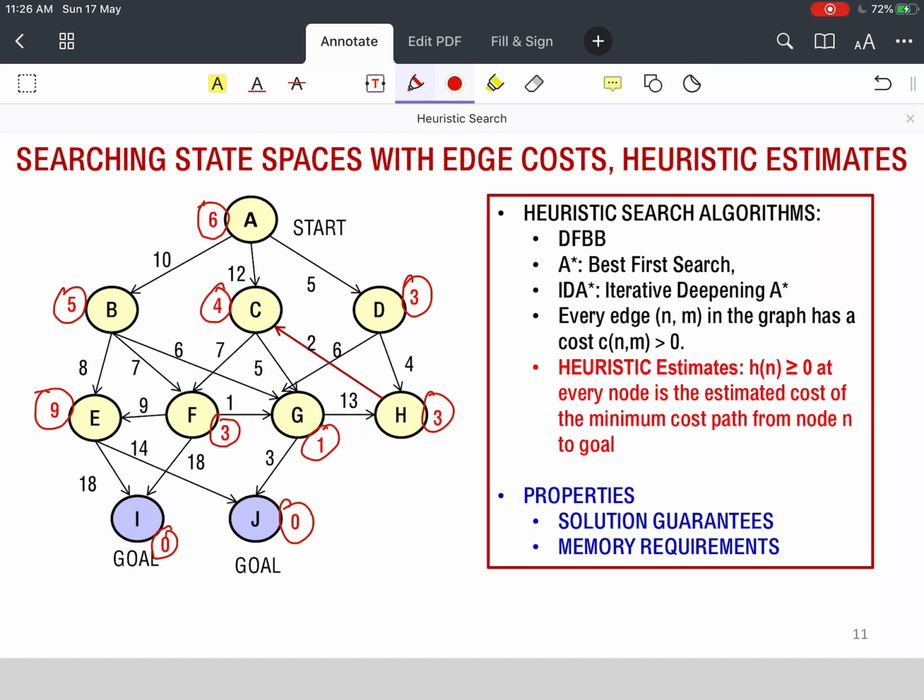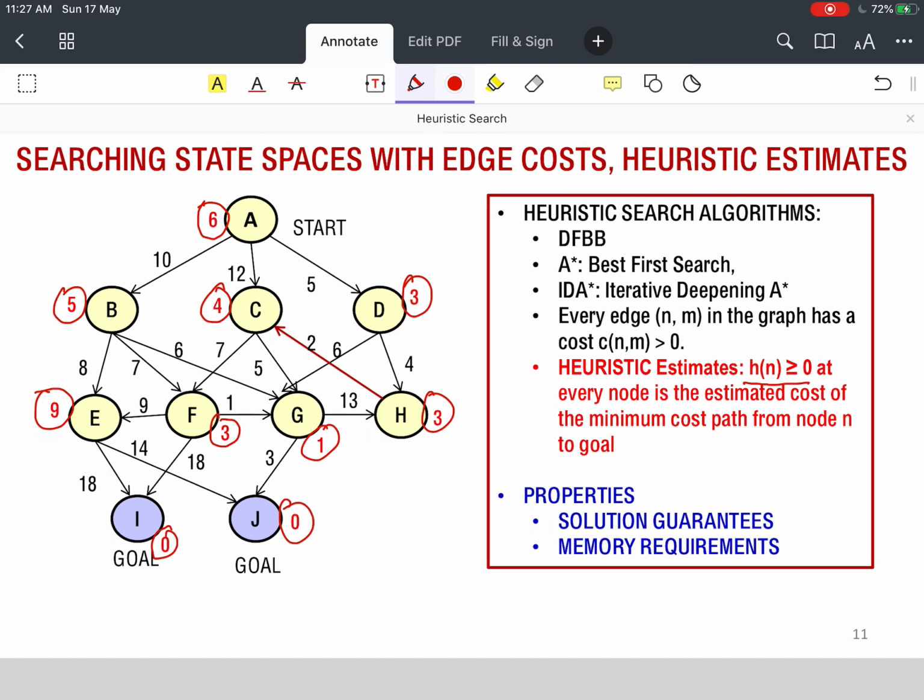Given an implicit graph defined by the state configuration, state transformation rules, and the edge costs of the state transformation rules, and a heuristic estimate at every node, we will assume that this heuristic estimate h is greater than 0, and we will assume that we are solving a minimization problem.